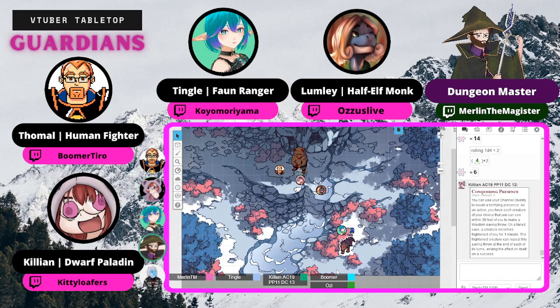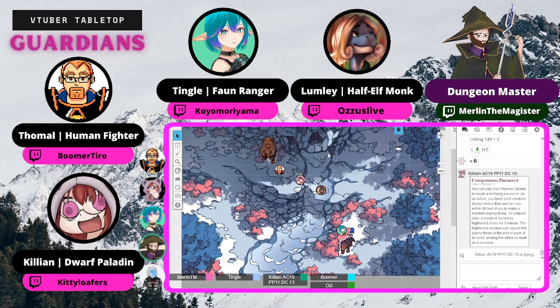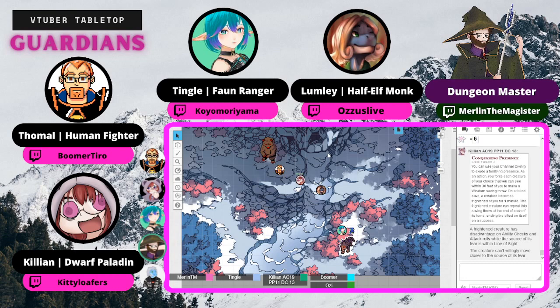Amazing. Now it's the bear's turn. It's afraid of you, so it's going to begin to move. Gonna move this way. Does it have to move its full movement? Let me look at the fright. No, it is only frightened. It is not turned. That is true. Gonna move over here, and it's gonna attack Tamal instead. It's just gonna move away from Killian. I'll be taking an attack of opportunity if you don't mind. Go for it.